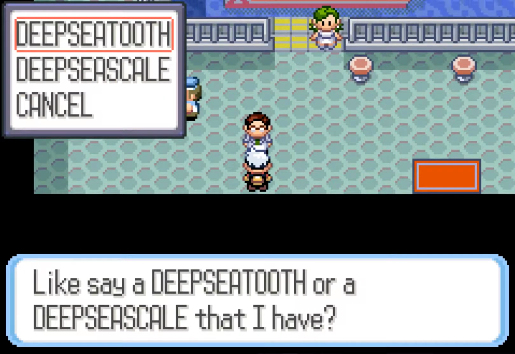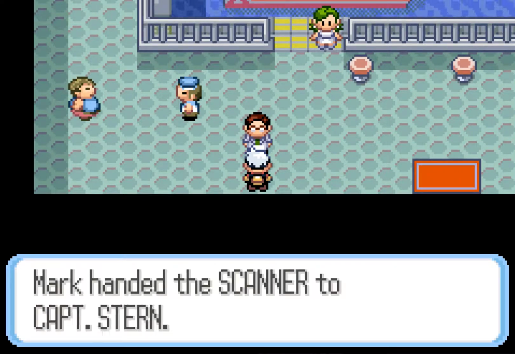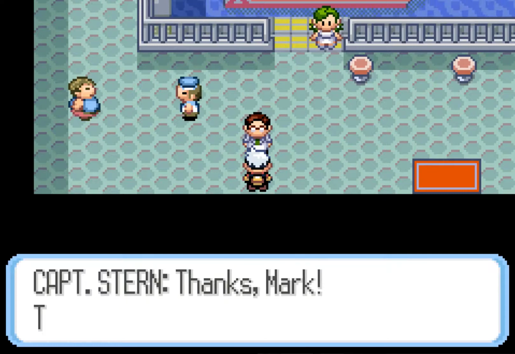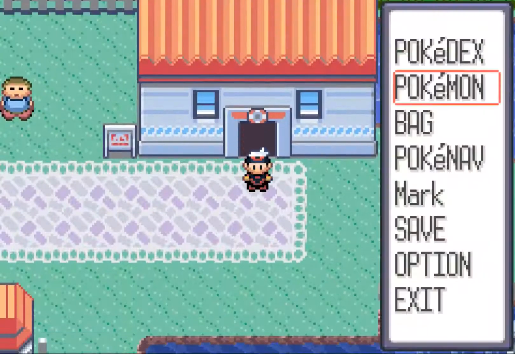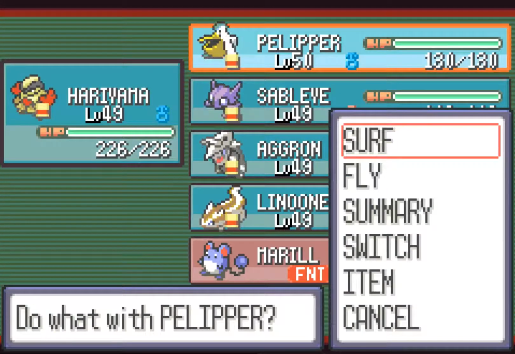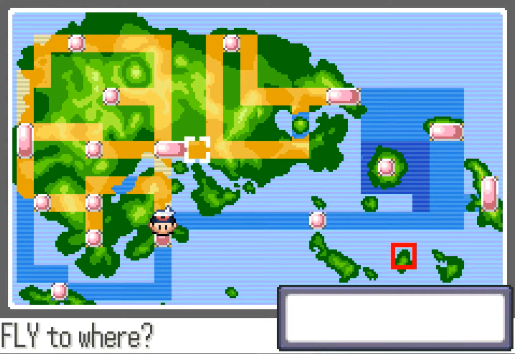Okay. So what these do is these allow us to evolve Clampearl into one of its two evolutions, which is either Huntail or Gorebyss. That's quite cool. That's really cool, actually, yeah. So we helped find the scanner in the abandoned ship, something that I was quite glad to remember that we had to do. And now all I'm going to do is we're going to find Route...